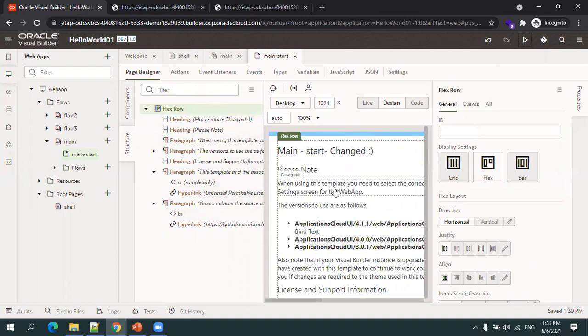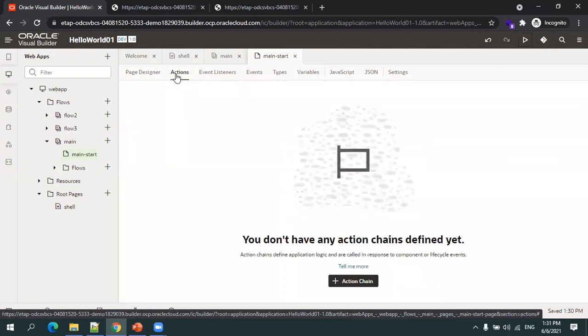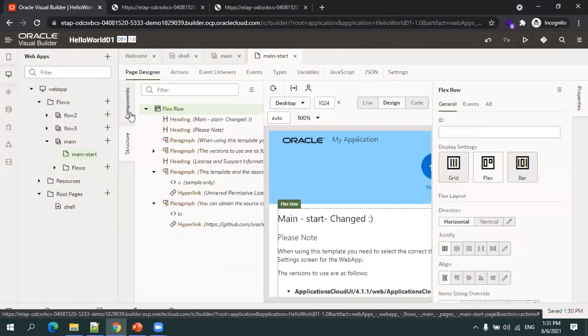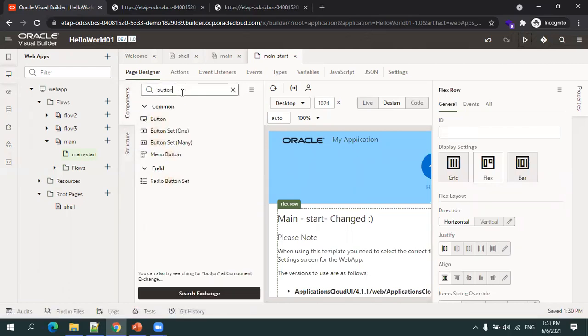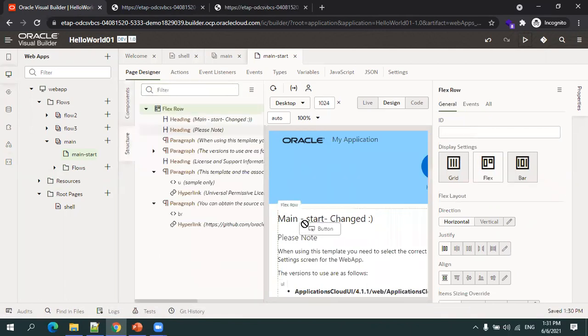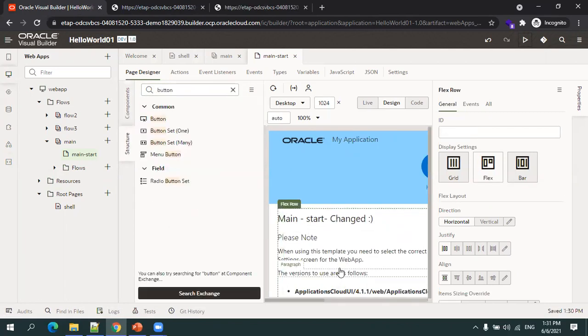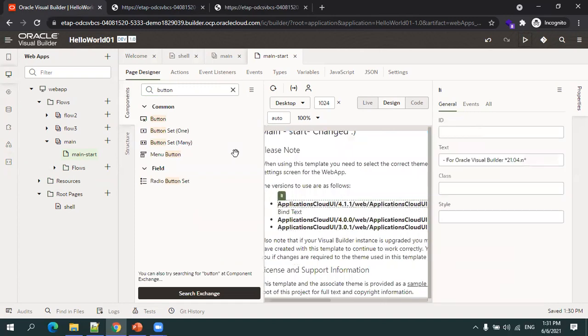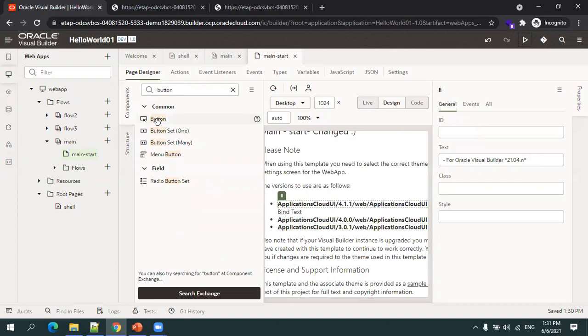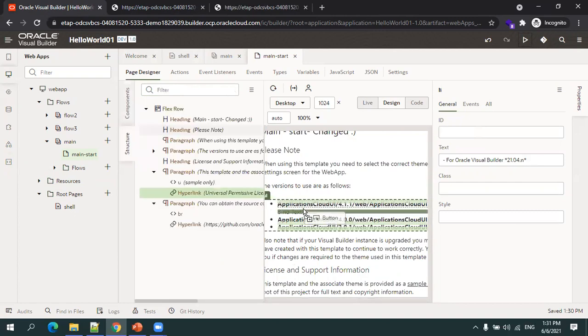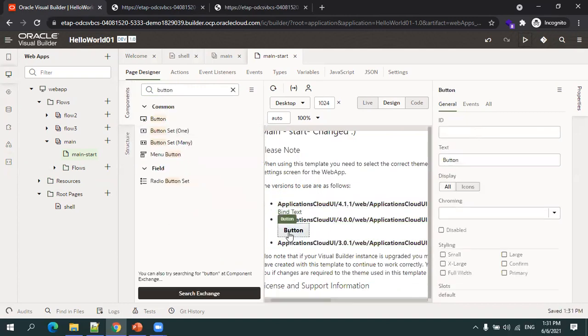Okay, and now on this page here, if you want to see whether there are any actions available, you can just click on actions. There are no actions available, right? Let us say I'll click on a component and I just want to assign a button in my page. I'll just search for the button component and I'll just drag and drop somewhere here. Okay, so just here I'll try to assign, and okay, it is not there yet. Just observe carefully. Okay, button is there. Now just double click on this button.